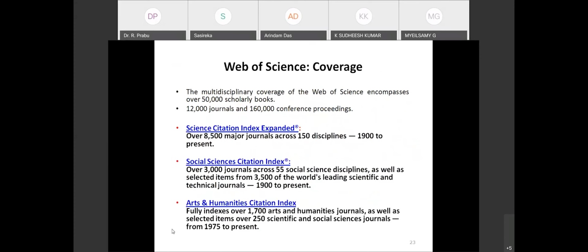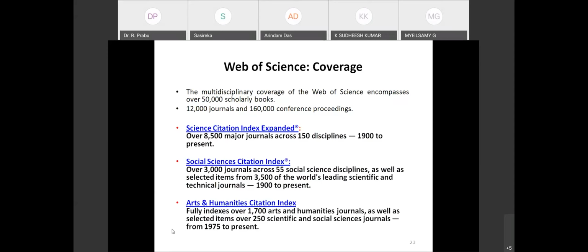So it covers multidisciplinary coverage of the Web of Science and encompasses over 50,000 scholarly books. More than 12,000 journals and 160,000 conference proceedings are listed in the Web of Science databases. So I told you, Science Citation Index is one of the databases